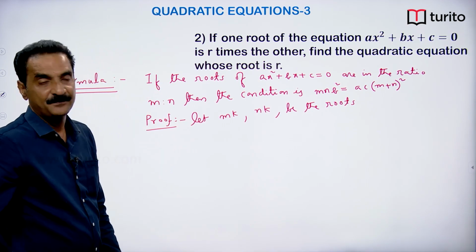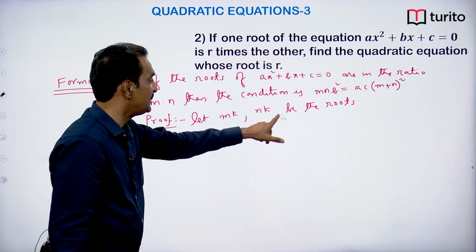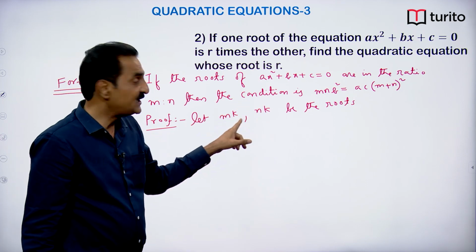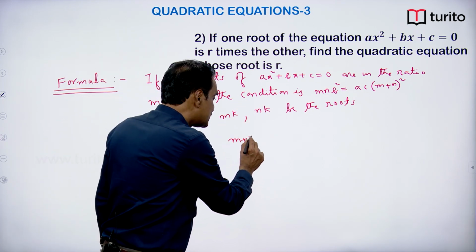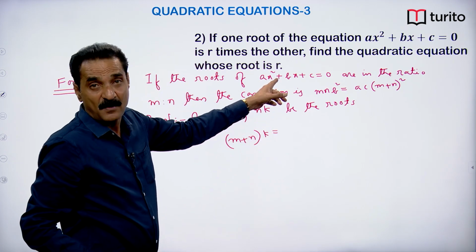Proof of this result: if mk and nk are the roots, then what is the sum of the roots? Sum of the roots is mk plus nk. Mk plus nk is m plus n into k, is given by minus b by a,